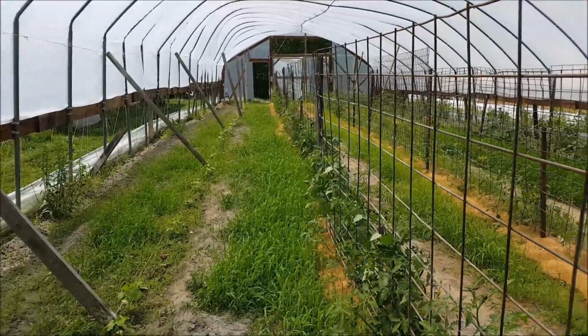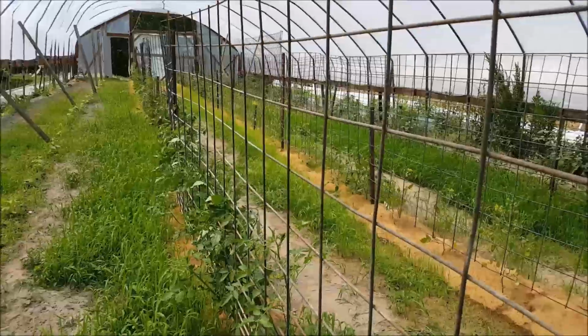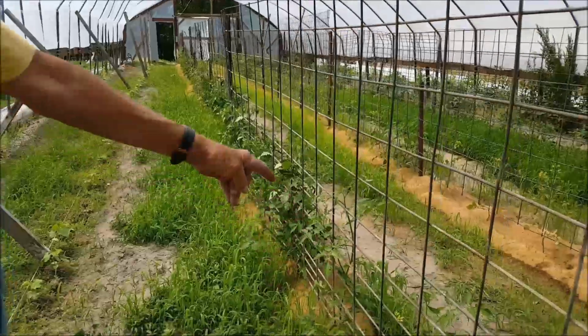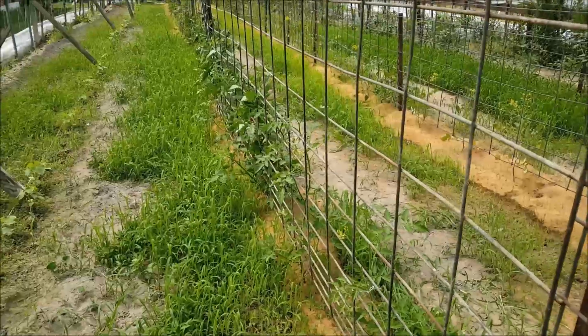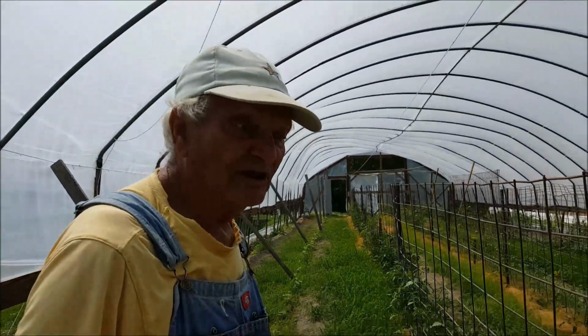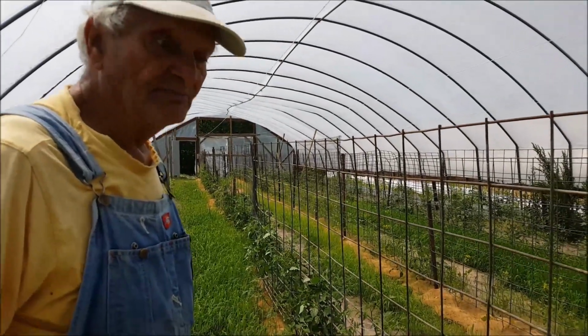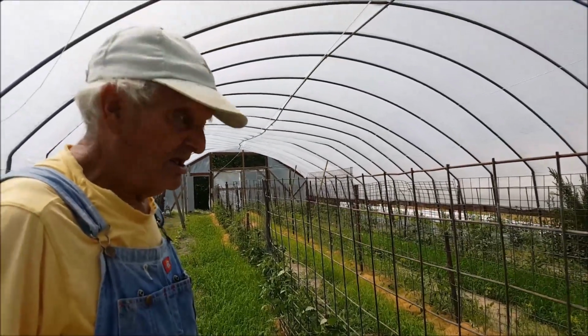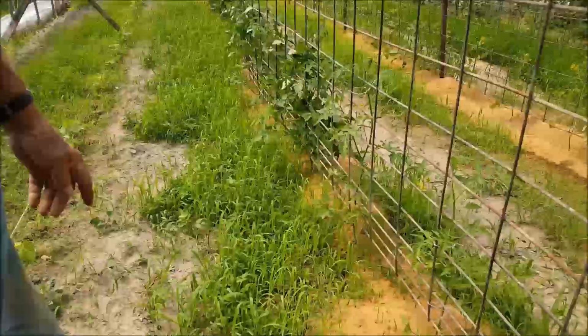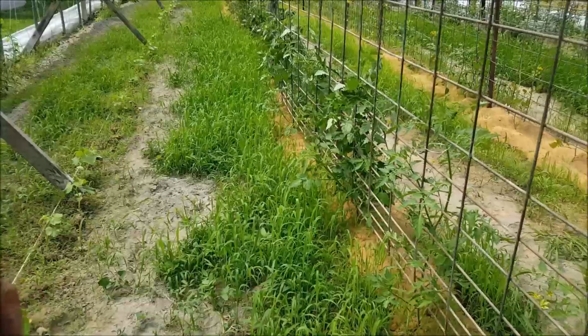But since it turned warm, everything has gone wild growing. Even our cherry tomatoes, they are just growing leaps and bounds. So my wife has to get in here today and tie them up again because they're growing up so tall they're falling over. And I'm going to bring the tiller in and till as much of this as I can, and then tomorrow